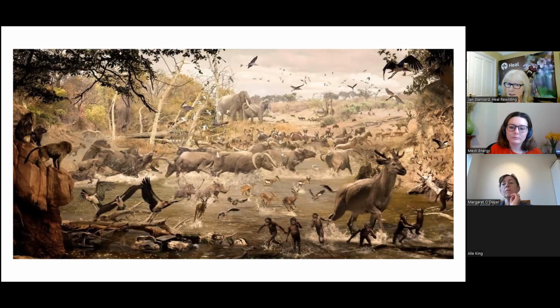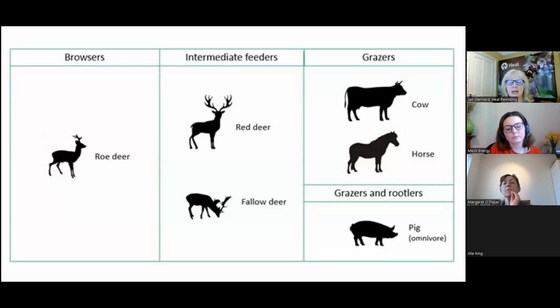So what does that mean, disturbance? Well, it means that when rewilding projects are established, you want to think about what is there in the landscape that's going to be able to disturb it. We don't want us in there because we're a top predator. We're not going to have wolves because we're a highly populated area, and possibly one day in Scotland. I won't be alive to see it, I don't think, but these are the kinds of large animals that do